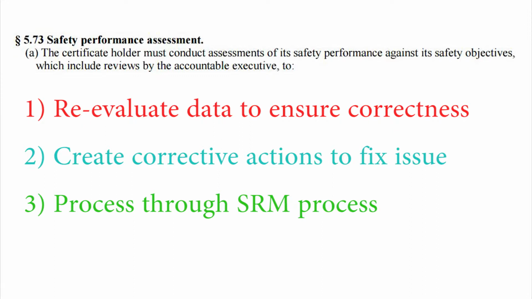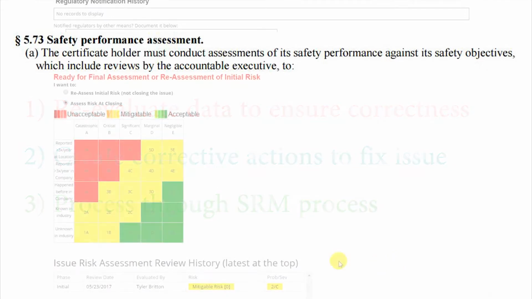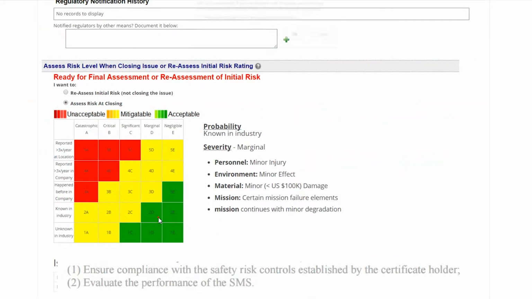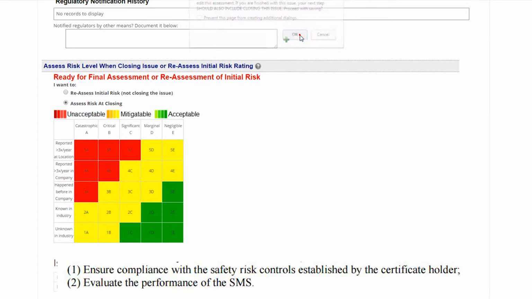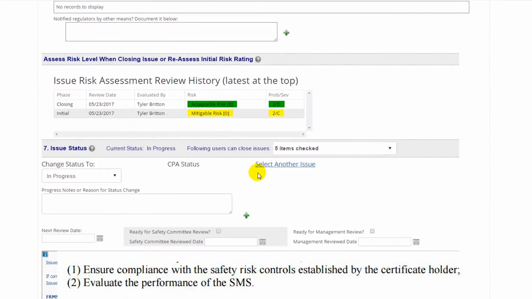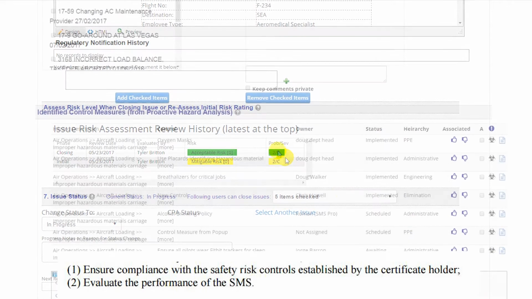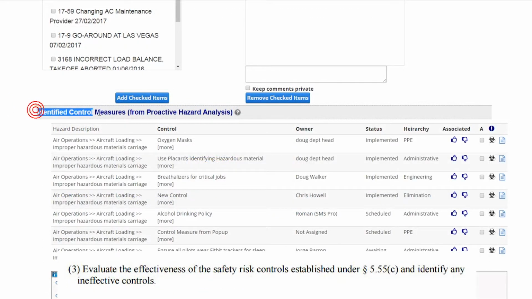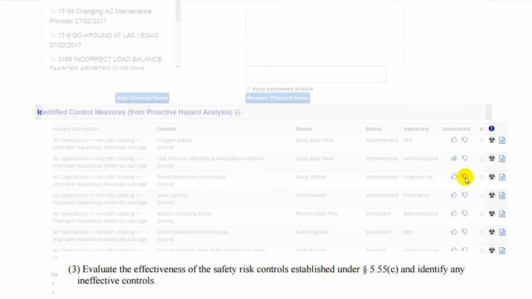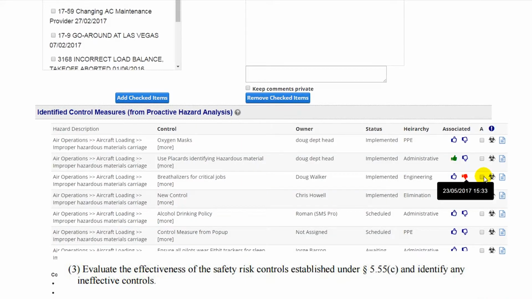By safety performance, the FAA defines it as that the SMS is compliant and that it is also performing, which happens when you assess risks in the Issue Manager's Assess tab. Third, the effectiveness of risk controls, including inadequate controls, which are identified in the Classify tab, where hazard control measures can be positively or negatively associated with the issue, as well as submitted as an issue, flagged for audit, or